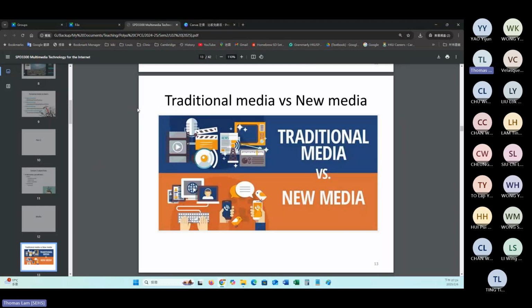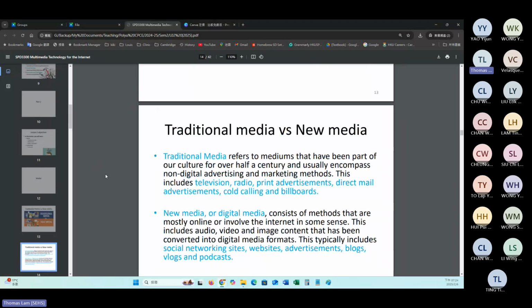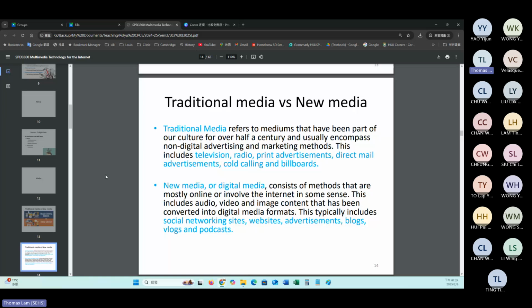We have the traditional media, and we have the new media. The traditional media actually refers to the medium that has been part of our culture for over half a century.